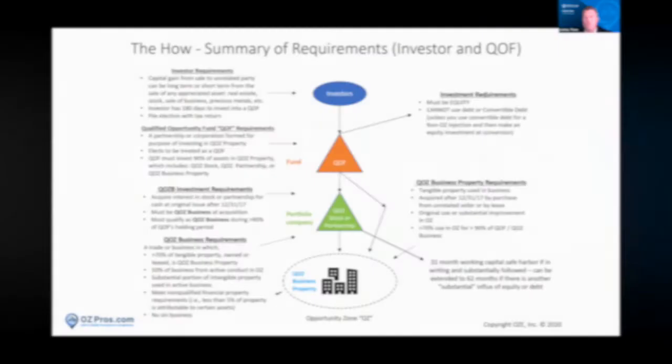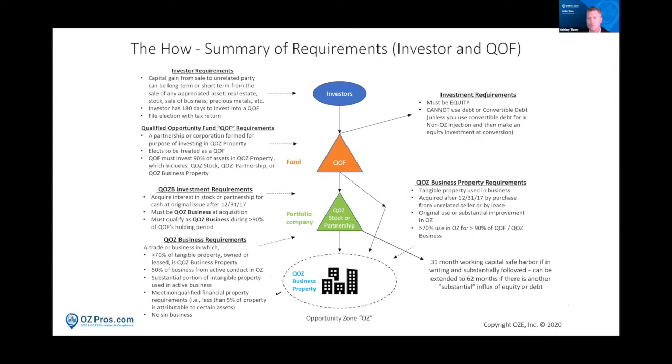Absolutely. So sharing my screen now, and want to make sure that you've got this. So this is basically opportunity zones on a page, and this is kind of the how-to of what you've got to do. The first part of this is that you have to start with a capital gain from a sale to an unrelated party. And then you've got to put that gain into a qualified opportunity fund within 180 days of the sale, or if it was through a partnership or an S corporation, within 180 days of the tax filing deadline.